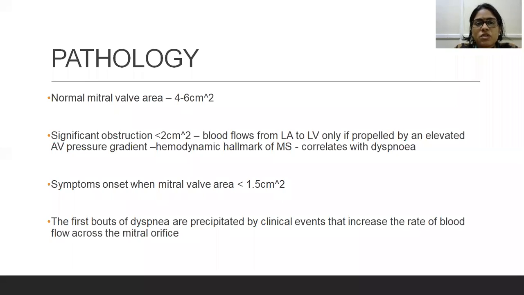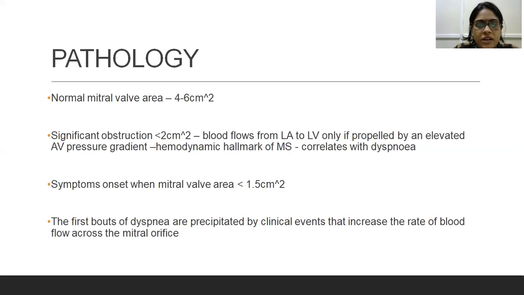slowly develop symptoms. As the valve area decreases, there is an increased pressure gradient across the left atrium to the left ventricle, because a higher pressure gradient is required in order to force the blood via the stenotic valve. So at a significant obstruction of 2 centimeters square, the blood flows from left atrium to left ventricle only if propelled by an elevated atrioventricular pressure gradient. This increased atrioventricular pressure gradient is the hemodynamic hallmark of mitral stenosis, and this is also the cause